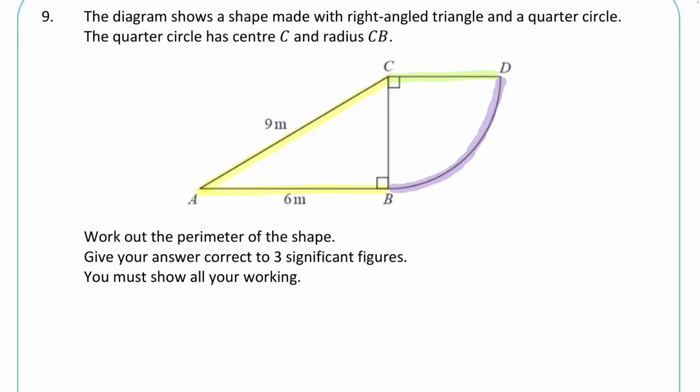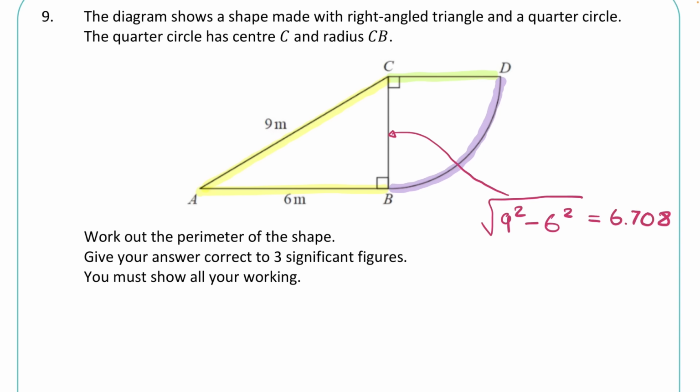So for the missing line C to D, we can find this line of the triangle using Pythagoras' theorem. It's a shorter side, so we'll do 9 squared, take away 6 squared, and I would normally just put that all under a square root, so it gives me my answer straight away. So the square root of 9 squared, take away 6 squared, and that gives me 3 root 5, or as a decimal,